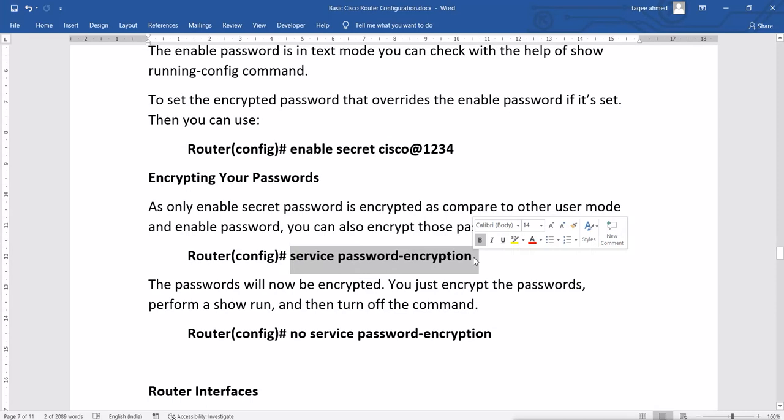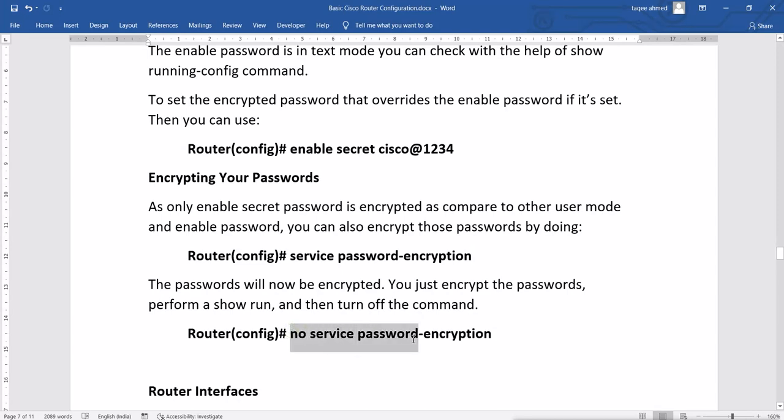But remember, it will do encryption, it will not do hashing. And as I said, encryption can be reversed. You can encrypt the passwords and perform a show run command, and then you can disable the encryption also by using no service password encryption.